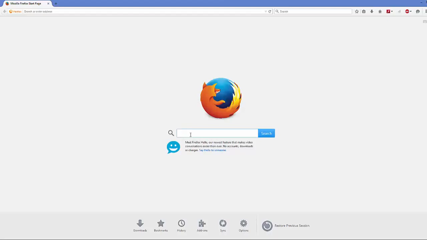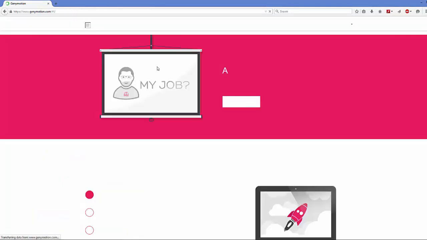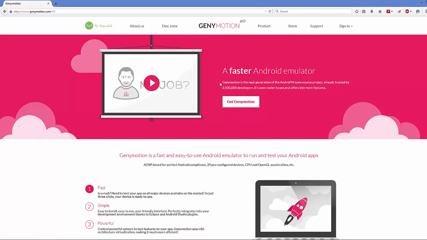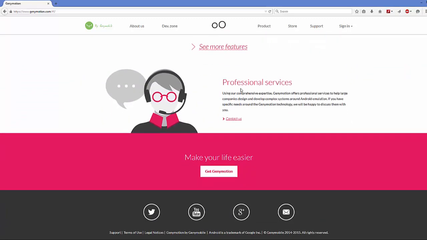So just open your favorite browser to download Genymotion and search for Genymotion. And the first link that most probably will appear here will be from genymotion.com. So just click this link here, and in here you will be able to see more about this Genymotion emulator. If you need to download Genymotion, you just need to go to the bottom and